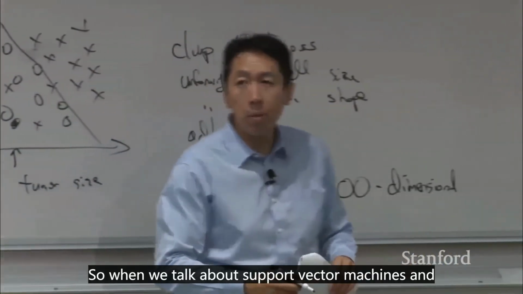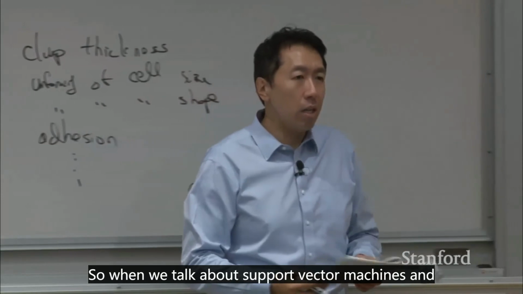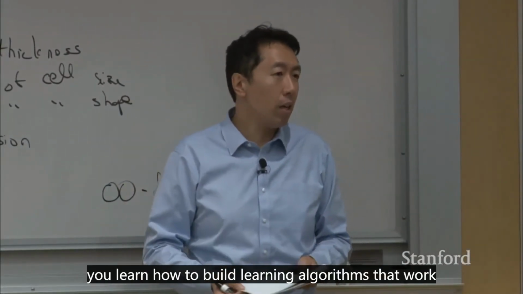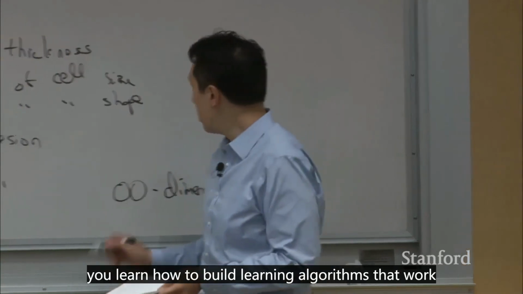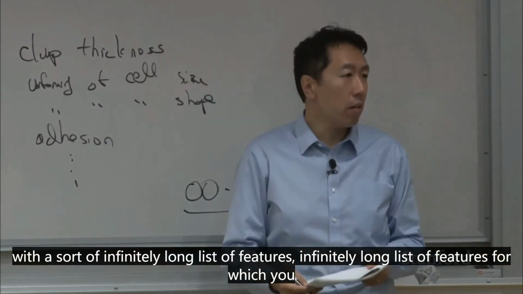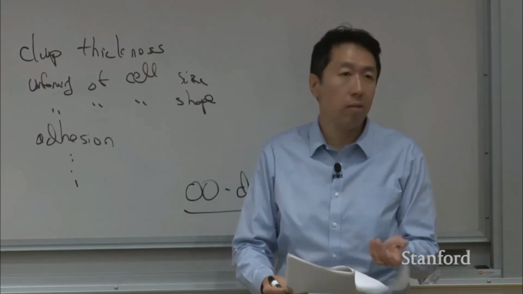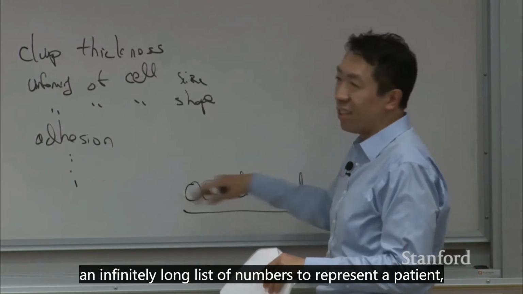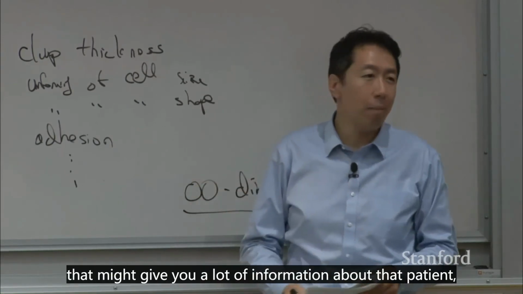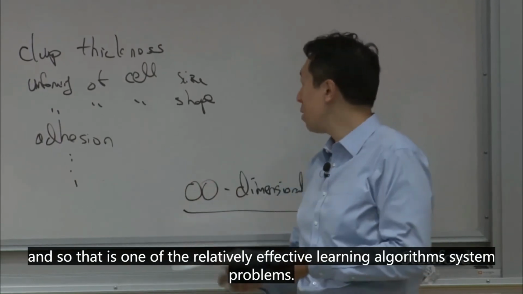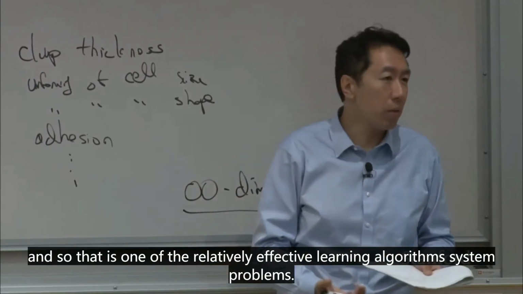So when we talk about support vector machines, and specifically the technical method called kernels, you learn how to build learning algorithms that work with sort of an infinitely long list of features, and you can imagine that if you have an infinitely long list of numbers to represent a patient, that might give you a lot of information about that patient, and so that is one of the relatively effective learning algorithms for